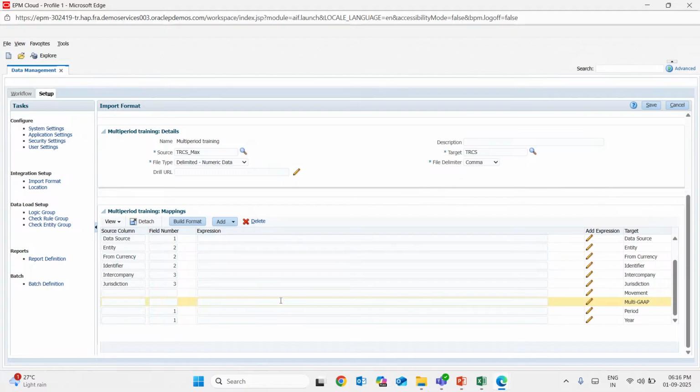Now we will go for the multi-gap and the remaining ones. This can also be 4, movement can also be 4. We'll save it. So you can see we have filled all the data right here. Now we will go to our next step, that is our location. Now we will add a location